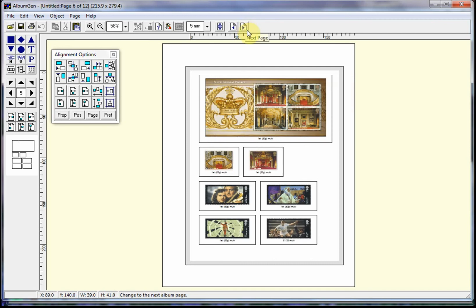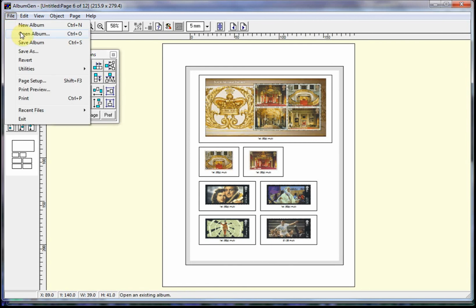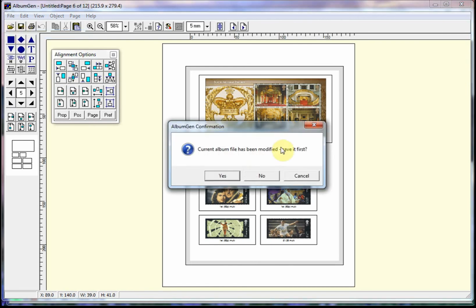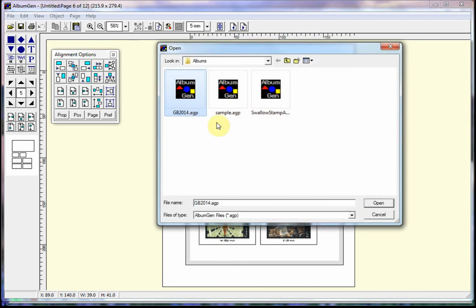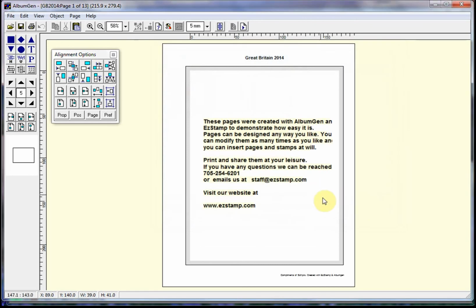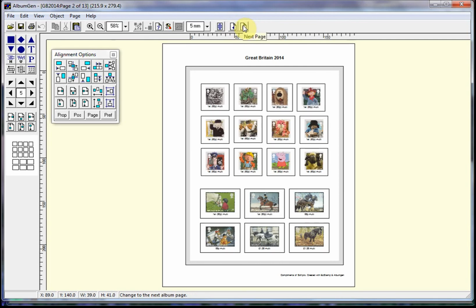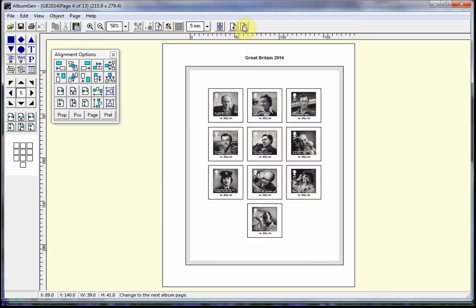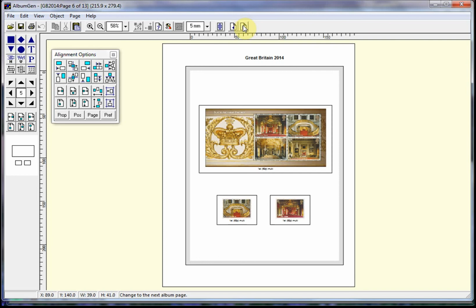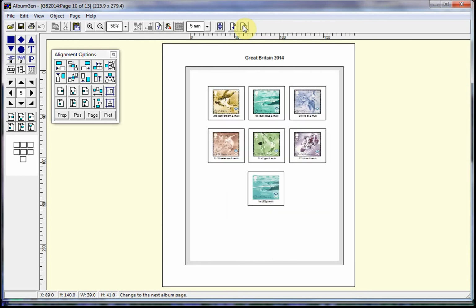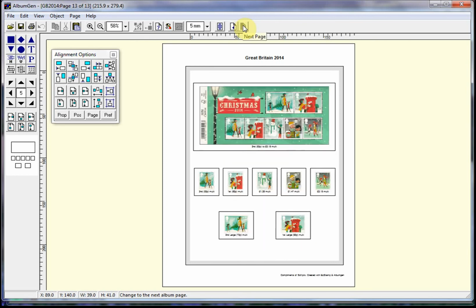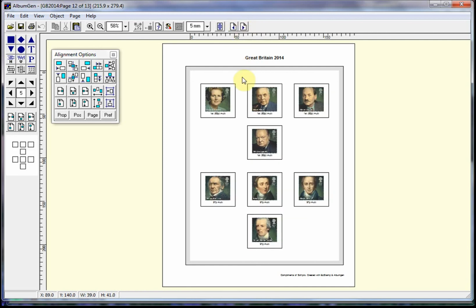Now what I'm going to do is show you the finished product, because I've already done that. And this is the same file that we emailed to that lady. And here it is. So there's your 2014 GB stamps. As I said, at any time, if you wanted to alter any of these pages, these are all fully editable within